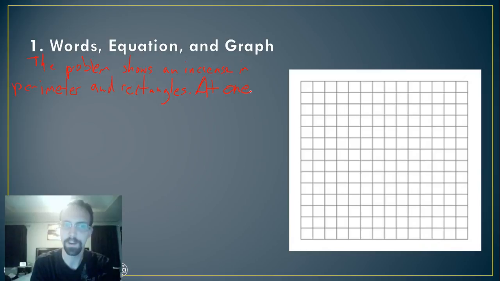But wait a second, didn't we do 0? Well, we did 0 because there was 0 in our old problem when we were talking about chemical X. For this problem, there isn't a 0 rectangle. We need it for our equation, but that's it. So at one rectangle, the perimeter,